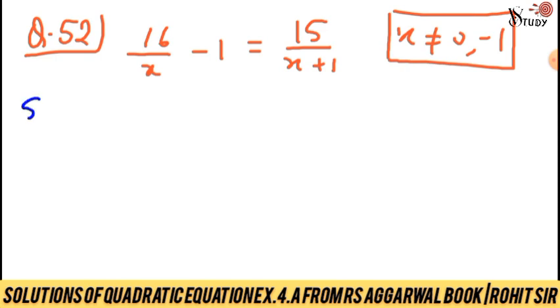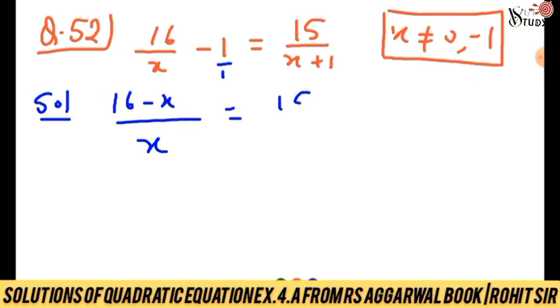For solving this quadratic equation, I just suppose 1 here and take the LCM. Now the LCM is x. Now we have 16 minus x upon x is equal to 15 upon x plus 1. Now by cross product,